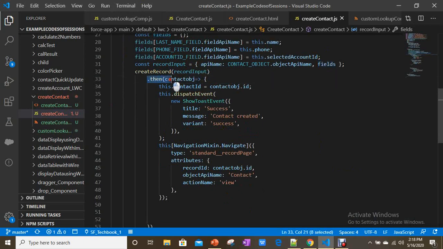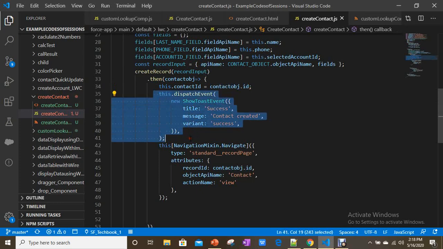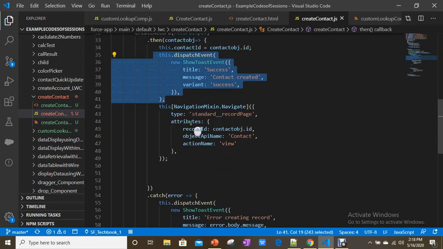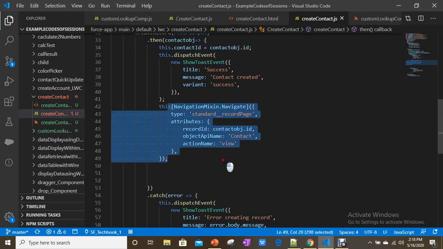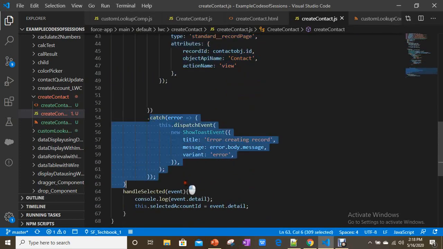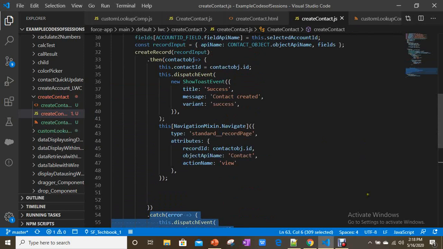Once it is inserted successfully, you can get the record ID, contact ID. Once you get the contact record ID, you dispatch the event that the contact is successfully created, and you can navigate to the record detail page. Otherwise it will throw the error. That's what we did: we included our custom lookup in another component where we are going to create a contact.